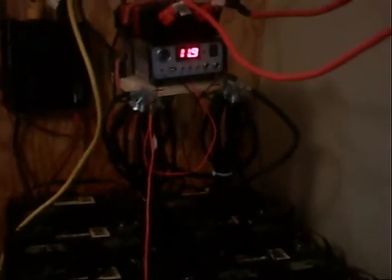I do plan on building a small box to put everything in. That way the hydrogen gas issue won't be an issue, and I can vent it outside, but this is what I got to deal with right now. We keep the air conditioner going so it circulates pretty good around here and tries to keep the airflow out. But the rest of the place, what I have, these 2 wires, this one is a 14